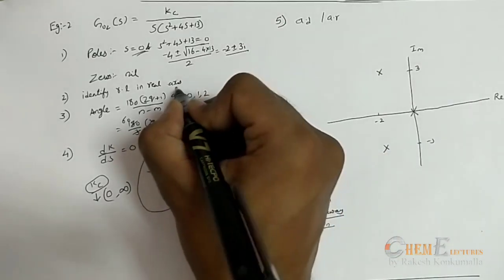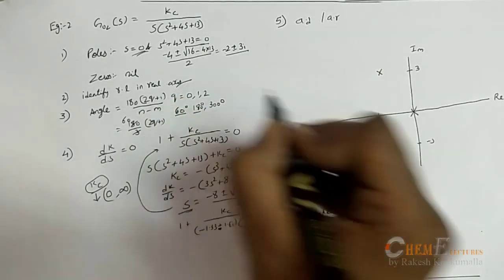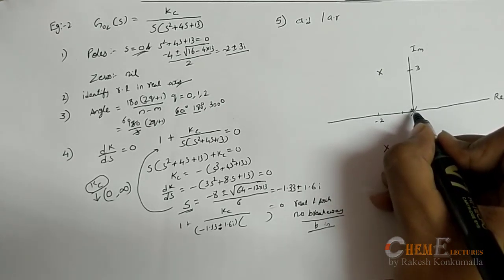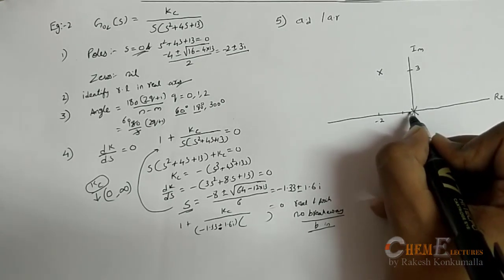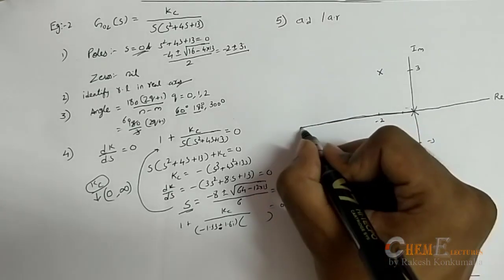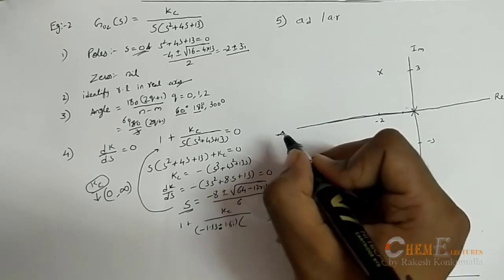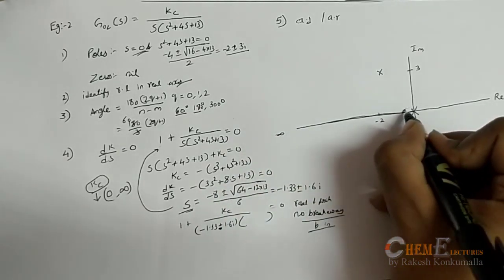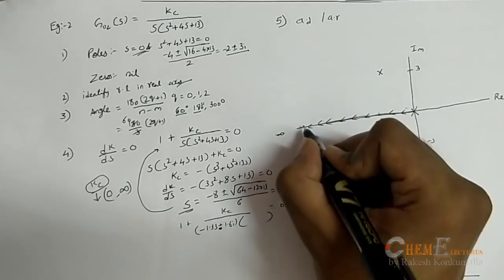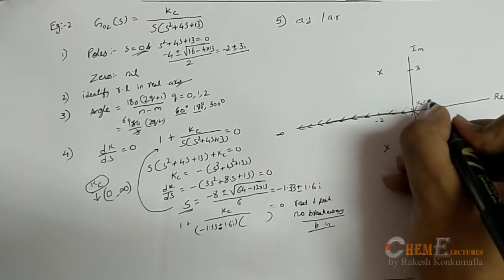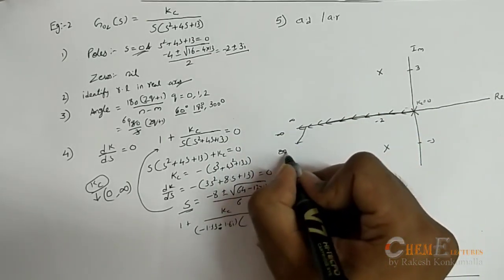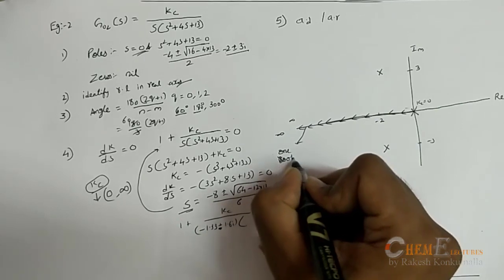Next thing, I need to identify root locus in my real axis. If I take a test point here, then I can see only one pole towards the right side, which is an odd number. So this complete plane from 0 to infinity will come under root loci. As there is no breakaway or break-in point, then this is my value, that kc is ranging from 0 to infinity. This is one root loci.